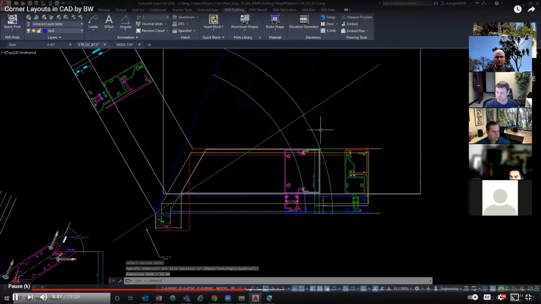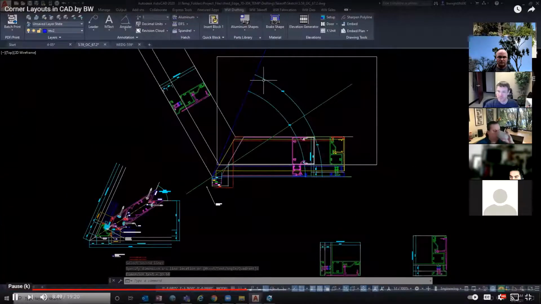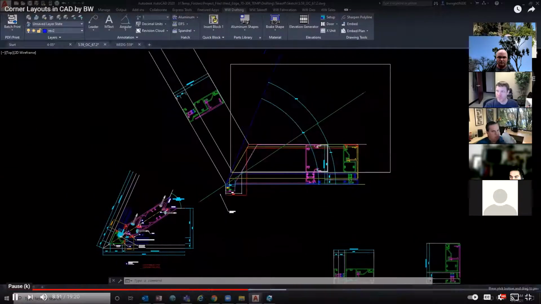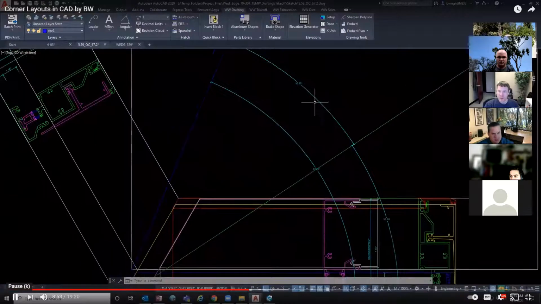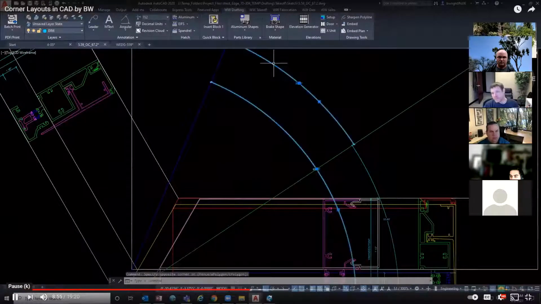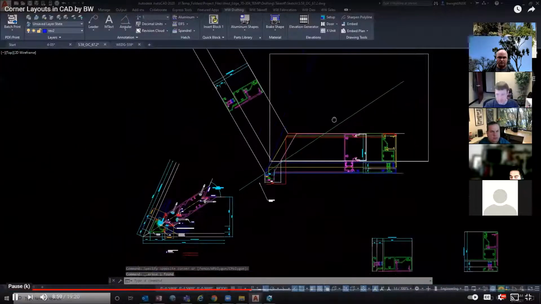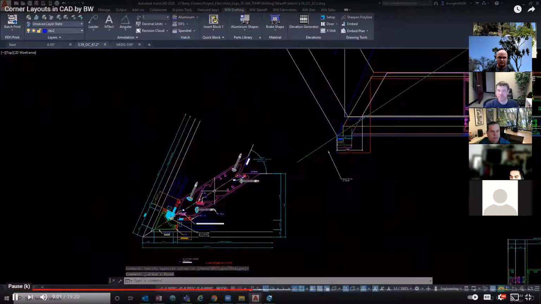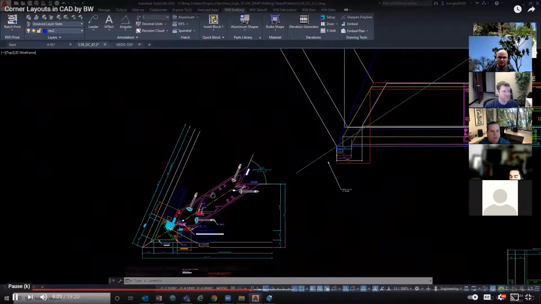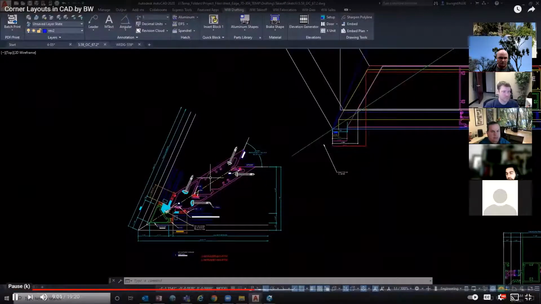And I have my 33.6 degrees. So now I've verified that my angle matches the floor plan and that this is my bisecting angle. For now, I'll get these out of the way. In order to put these parts in this layout, I'm going to use the align command, select the parts that